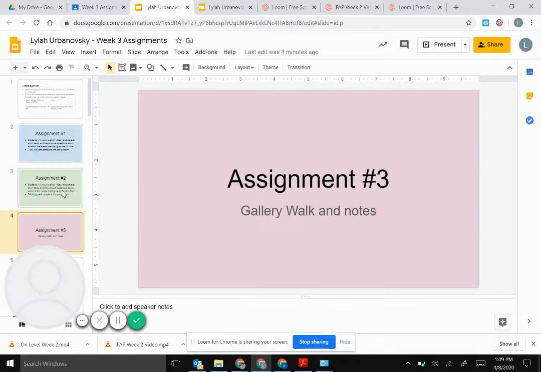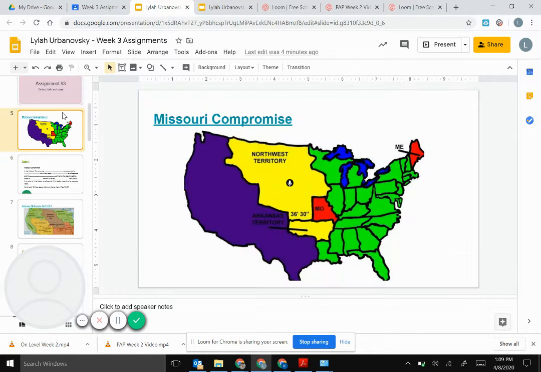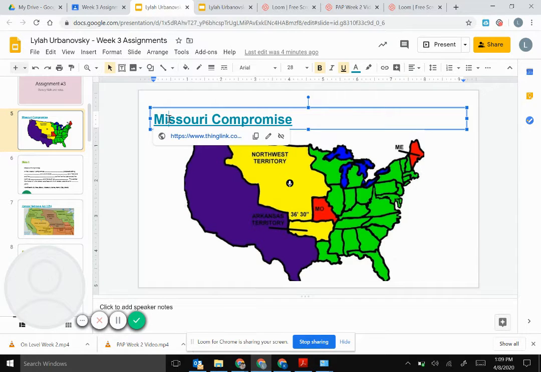The third assignment for this week is a gallery walk. And we've done those quite a few times in our actual class. So this is kind of similar. So what you're going to do is you're going to see a picture. Okay, on each picture, the title of the picture has a link to it. So you're going to go to the link